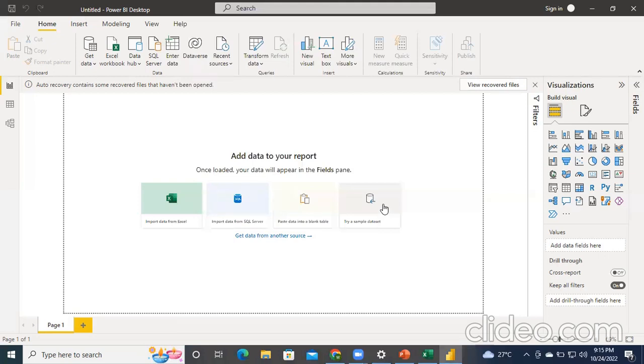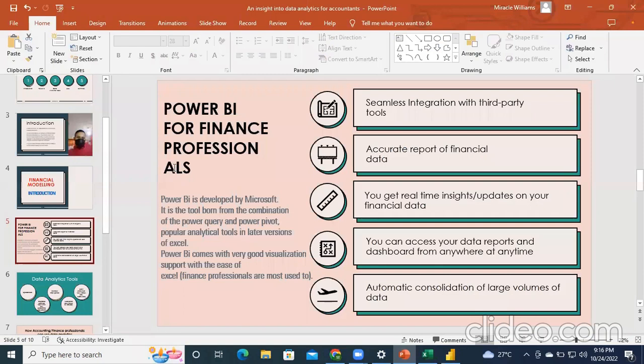So in as much as you are an accounting professional or a finance professional, it's very important that you are able to work with this application called the Power BI. So in this class, we will be looking into how you'll be able to make use of this. And of course, you know that data analysts are in high demand. It's a knowledge that you could monetize. It's a skill you could use out there to also make money for yourself. So it's very important. So I'm going back there. The Power BI,